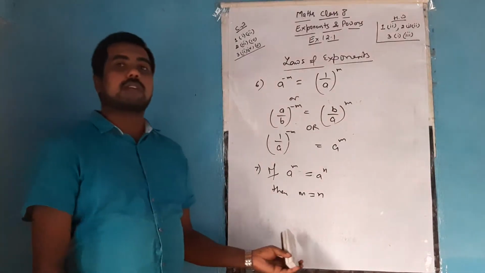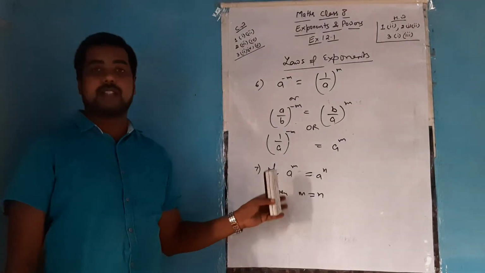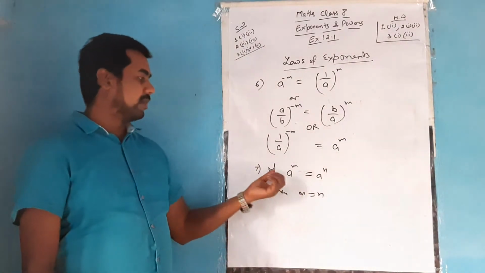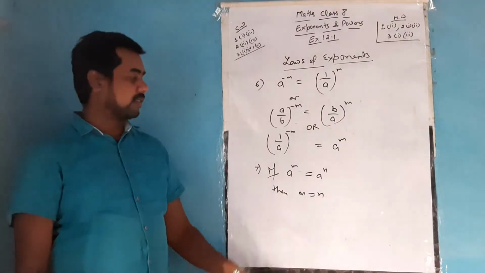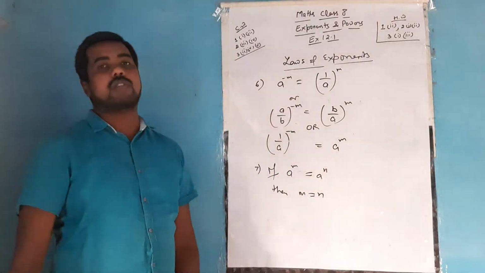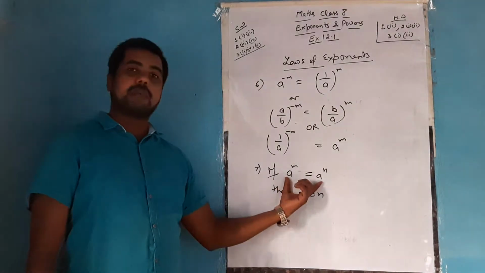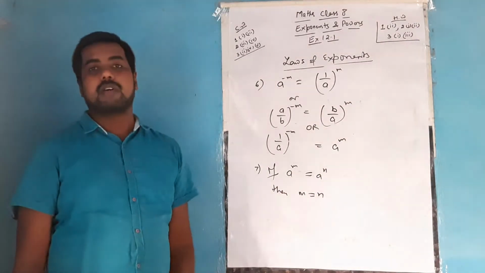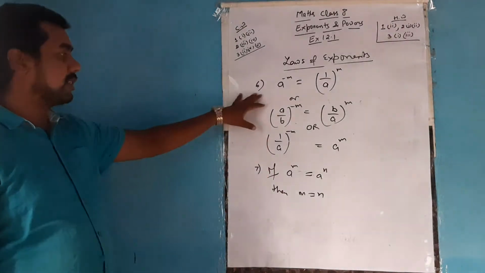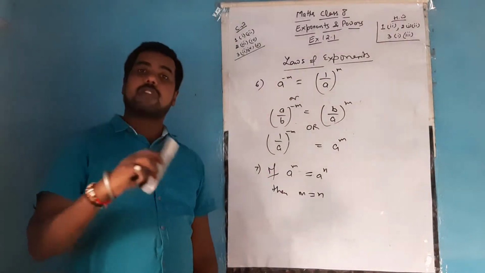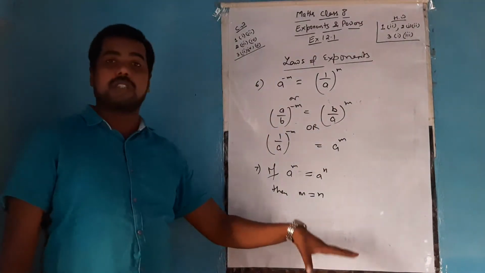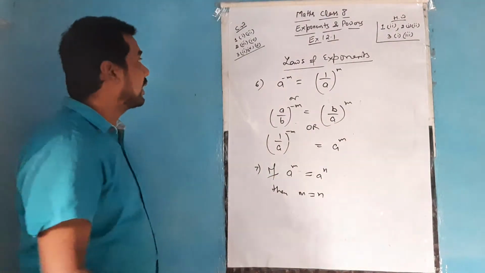These types of questions are there to find the value of x. If x is there in the power form, and it is asked to find the value of x, then first of all you need to make the bases on both sides of the equation the same. If the bases become equal, then you can directly equate the powers, and then whatever the variable is there, you can get the value of that variable. So your exercise is based on basically these two, along with the questions which you have already studied in your previous class. So this is all about the laws, and application of the same you will see in the exercise.